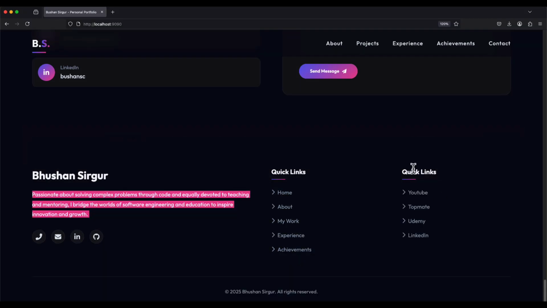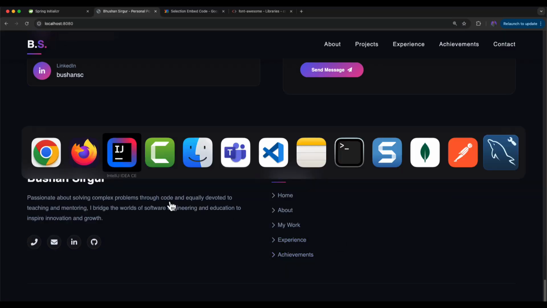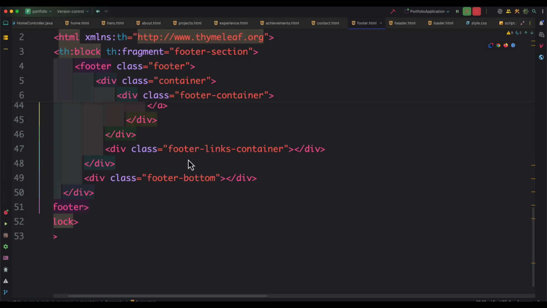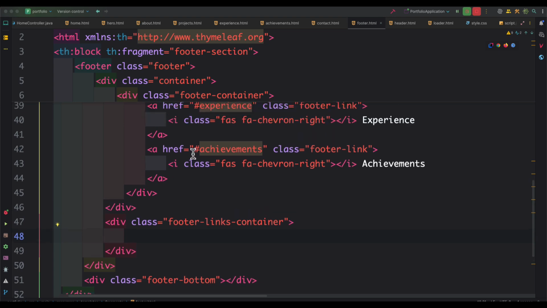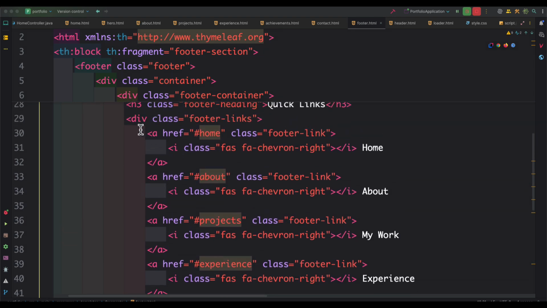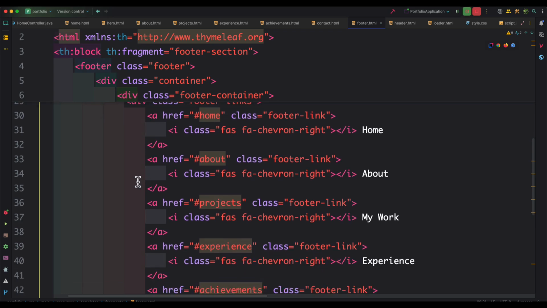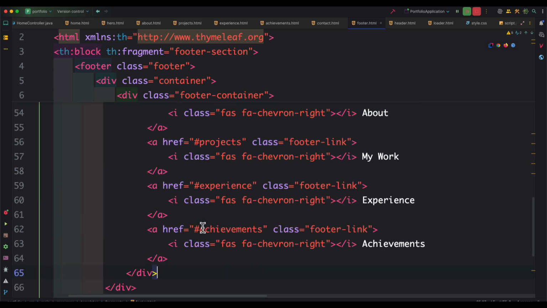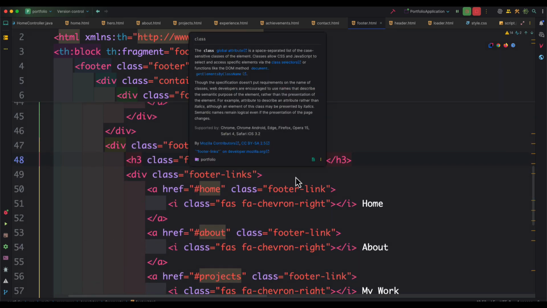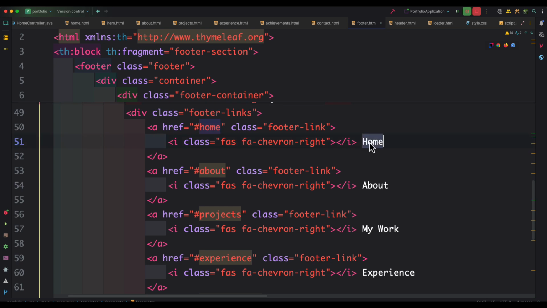Similarly, we also need to create one more quick links for social media profiles. Okay, let's go back to our IntelliJ, and we have this one more footer links container. So under this, let's create the quick links. So basically I'll just copy the same thing, copy this entire thing, paste it, and this is going to be social links, the quick links, and let's change this to YouTube and